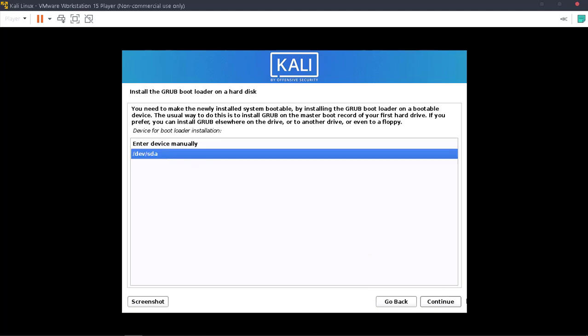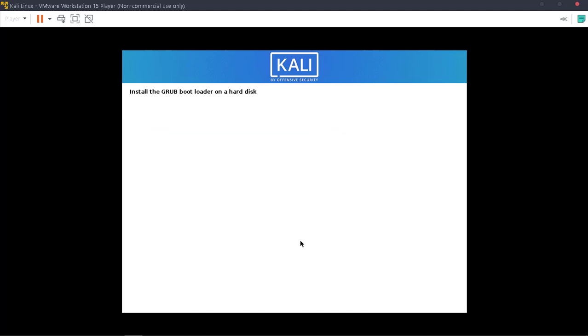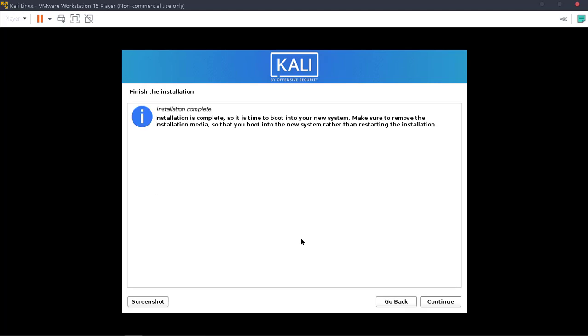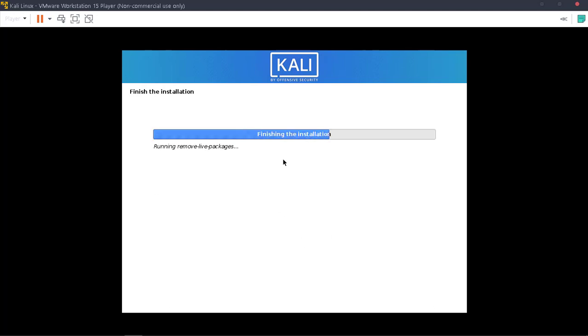Click on continue and that should install the GRUB bootloader. Once you're done with that, it will be finishing up some important things for the installation. Once it's done, it will state that the installation is complete, so click on continue.